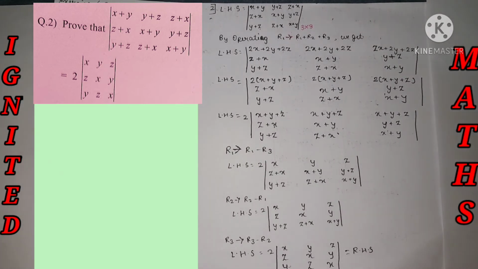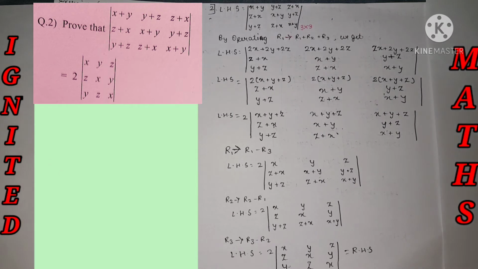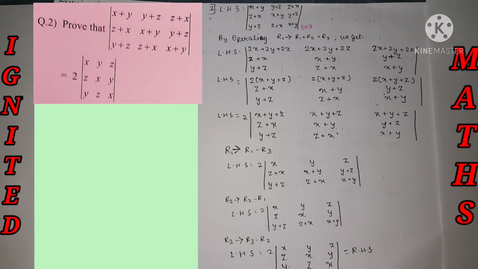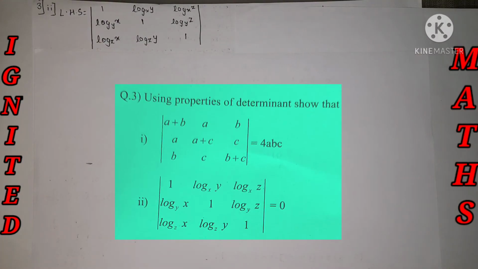Okay, first starting with the solution part, just check what we need to prove, how we need to prove it and what all things are required for it, and we need to plan step by step and just apply it in the solution part. Third main question, they have given two sub questions in which the question says that using properties of the determinant we need to show that LHS is equal to RHS. So we need to take the LHS value and prove it by RHS.